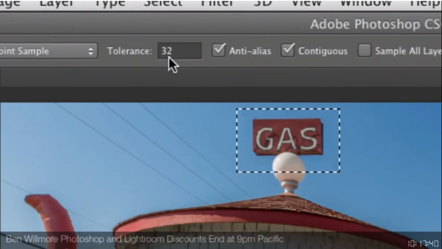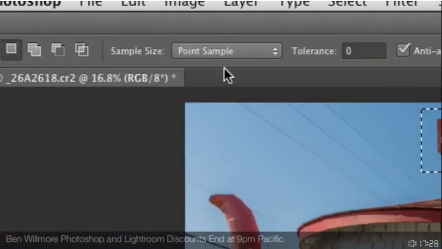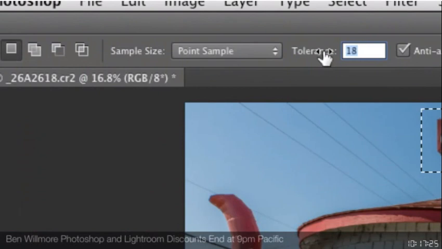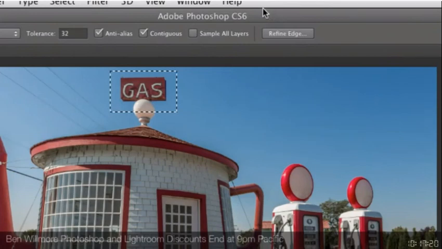As you bring this up higher and higher, it means it can vary a little bit in brightness, vary a little bit in color, and it will still get selected. The highest this goes to, I think, is 255, and that has to do with how your image is made behind the scenes, which hopefully we'll have time to get to a little bit later on today. One other setting up here, and that is